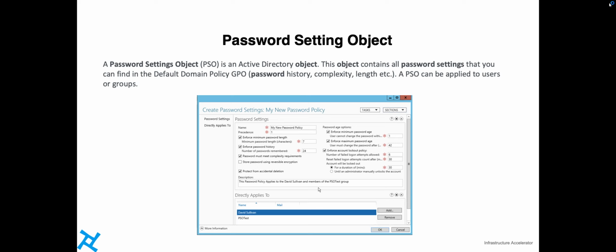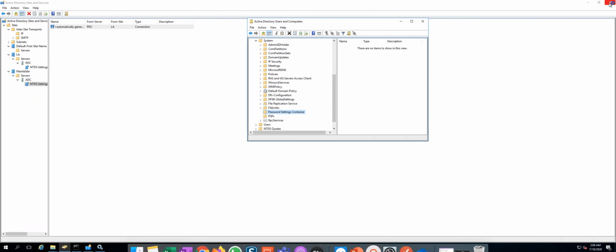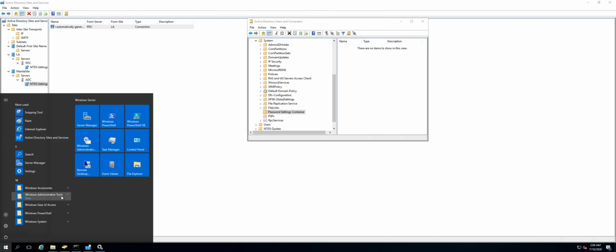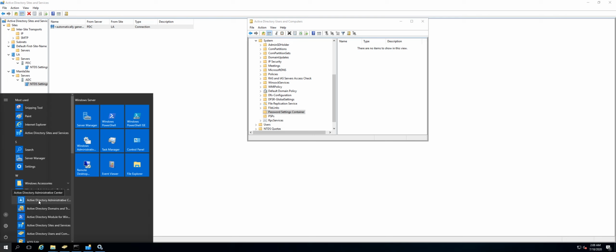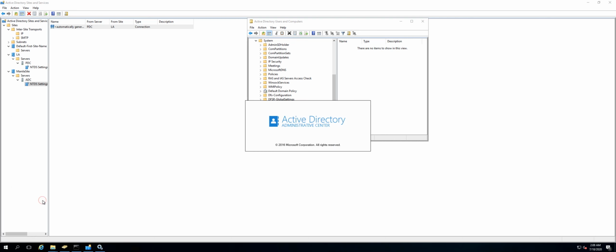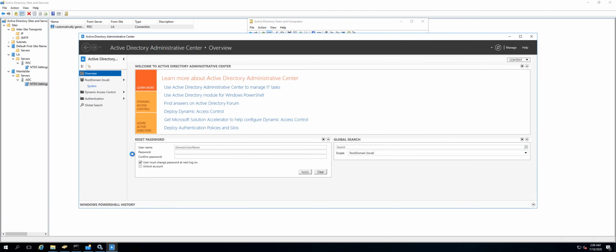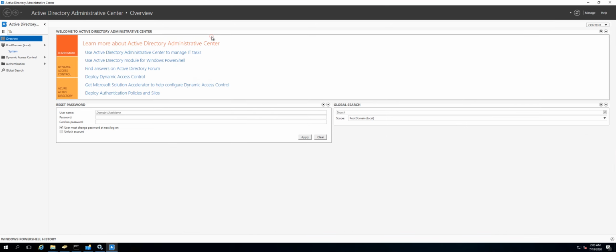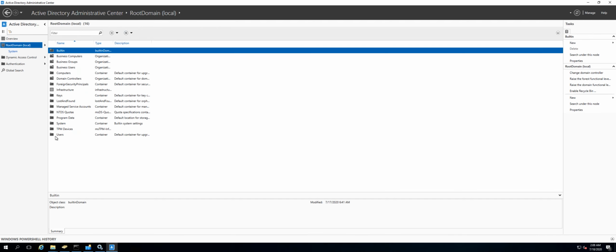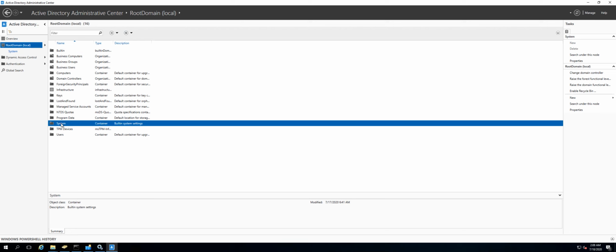So I'll quickly show you how to create a password setting object. Because this is the latest feature, I haven't shown you one console as yet, because I hardly ever use it. It's a new console which has come up recently, called Active Directory Administrative Center. Once again, an extension of Active Directory Users and Computers, but it's the latest console. You can look into some videos to find out what new stuff is being offered by this console. But once again, the same OU structures are there. So you go to the System container,